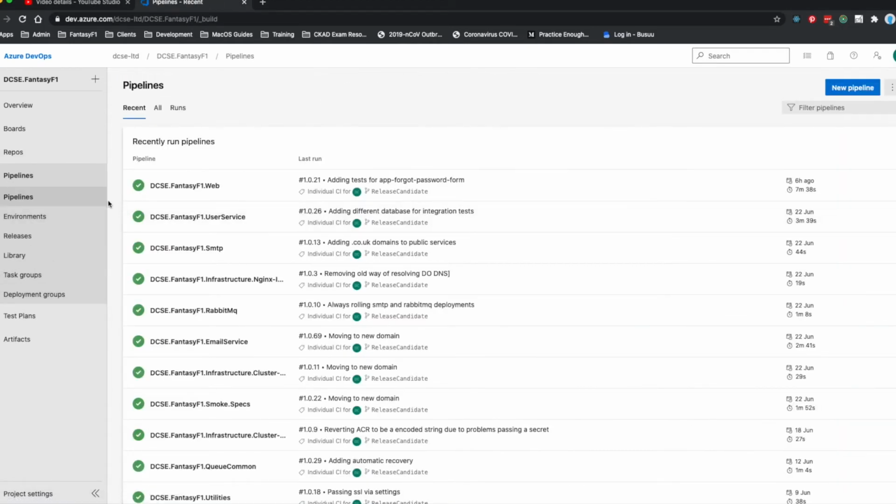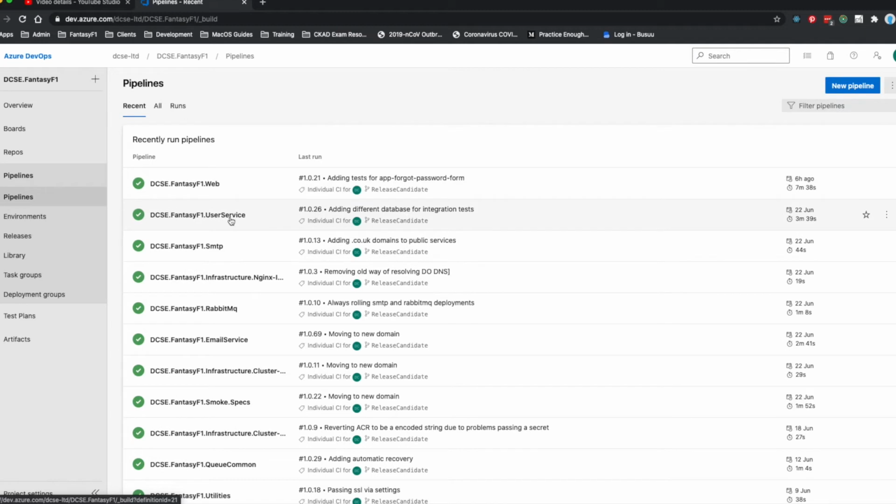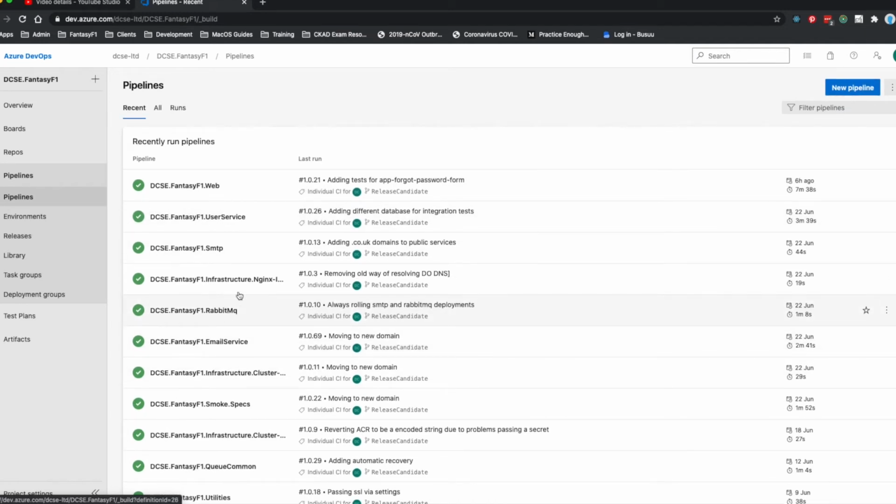So if you watched the previous video, you'll know some of the architecture that we've got going. Web being the front end, so that's the Angular component. We've got the user service in here, the email service, our RabbitMQ. So all of these pipelines will actually build the relevant component, and how this actually works is, if we look